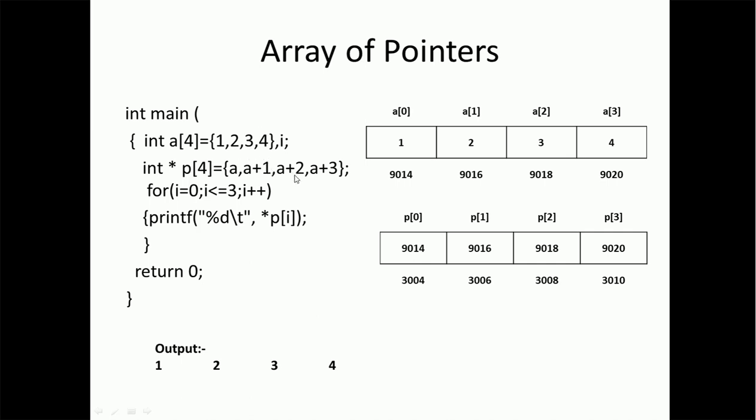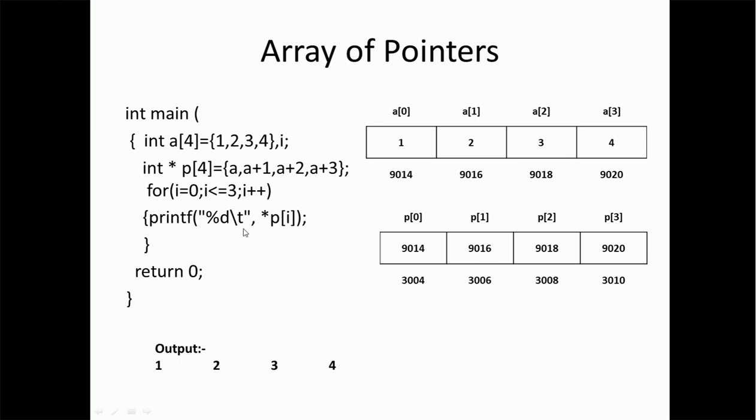So 8 plus 2 is the address of the third element of array a, and a plus 3 is the address of the fourth element of array a. When we use a for loop for the value from 0 to 3, this loop will be executed 4 times, and when we print star